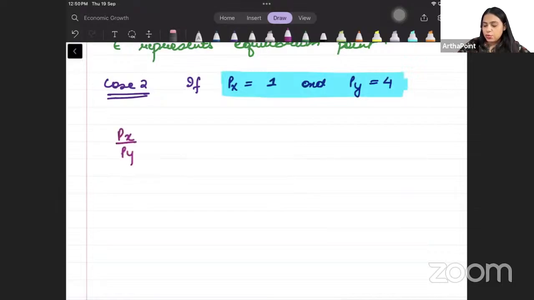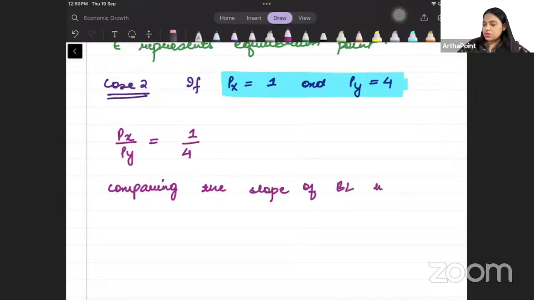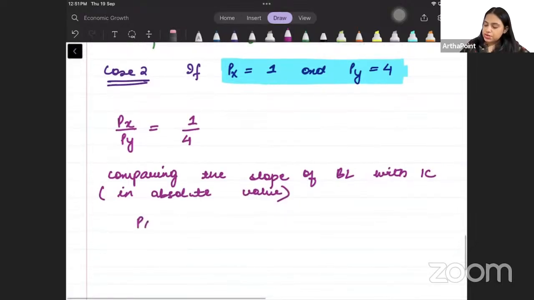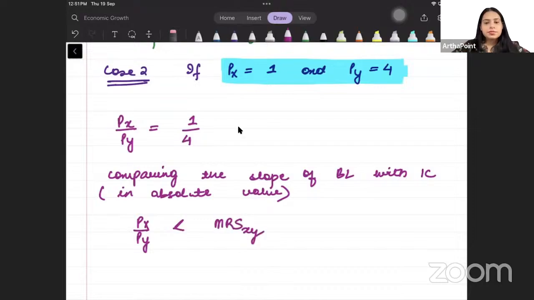So Px by Py will be 1 by 4. Comparing the slope of the budget line with the indifference curve in absolute value, right? What do you get? So Px by Py is less than MRSXY. Px by Py, here in this case, it is less